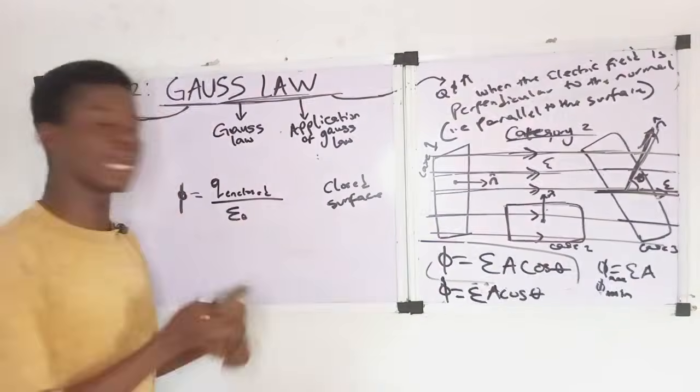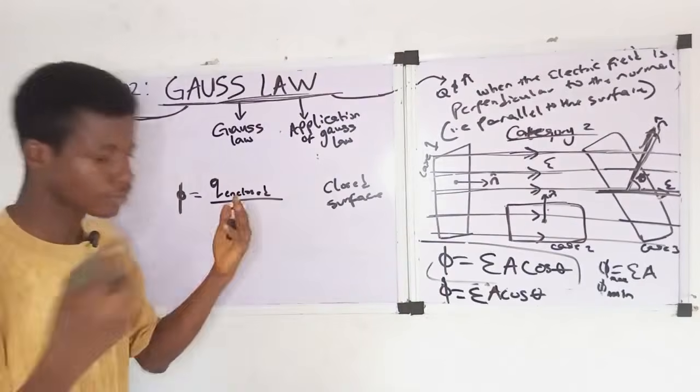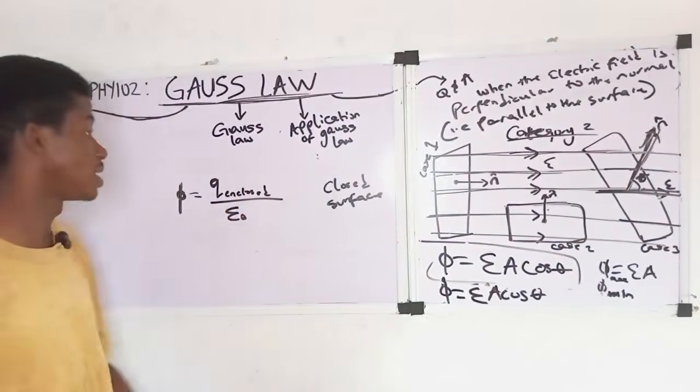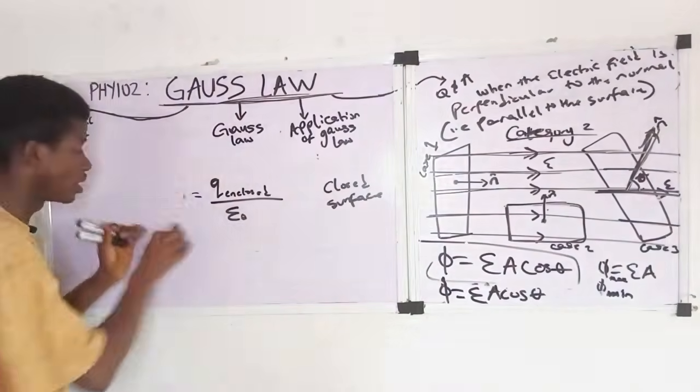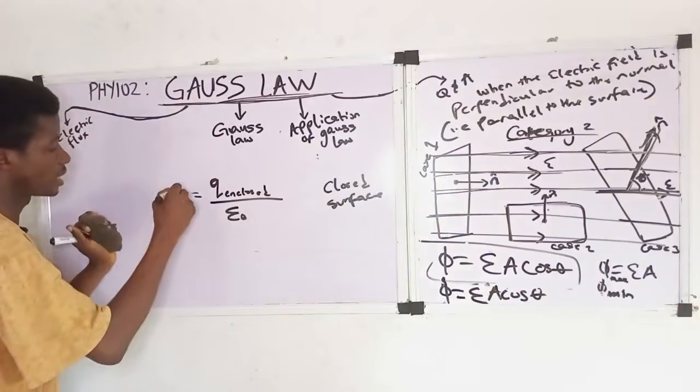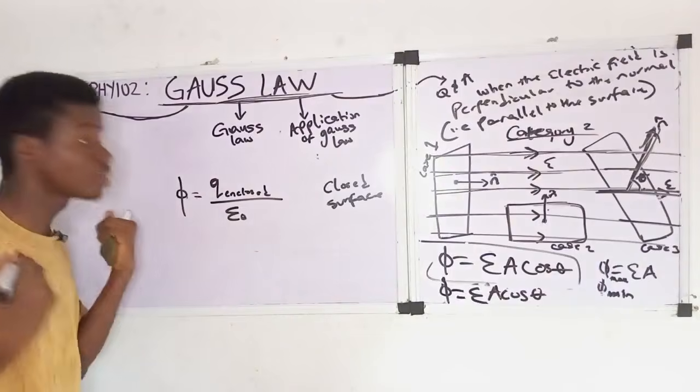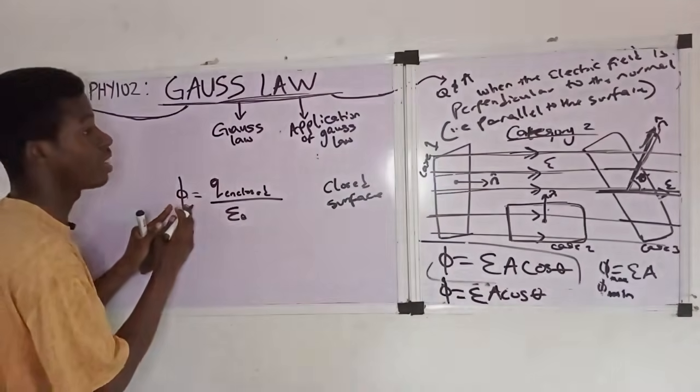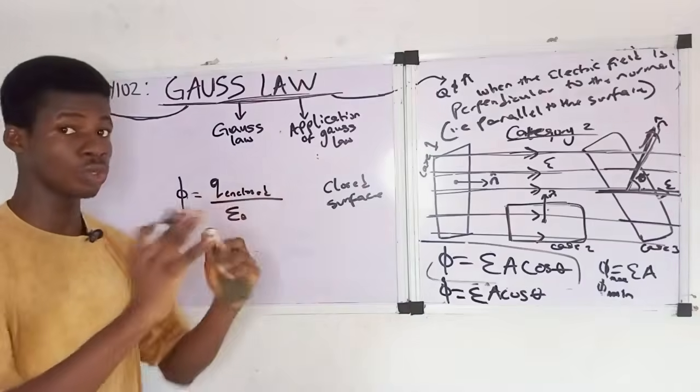Okay, so this is Gauss's law. What does Gauss's law state? Let me draw it well. This is electric flux, right? Yes. Now, Gauss's law says that the total electric flux passing through a closed surface